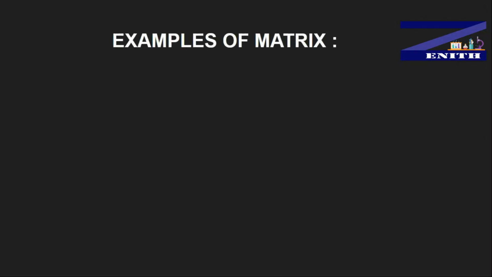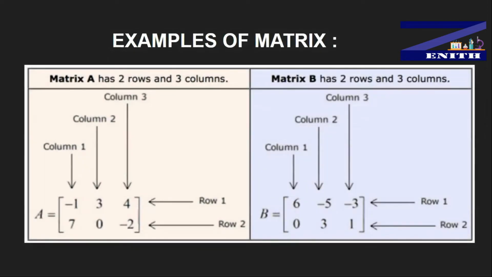Now, an example of a matrix. As you are seeing here, we have two matrices: first matrix A, and after that matrix B. First let's look at matrix A. Some elements are there in the matrix. You should know about just a few things: row and column. The horizontal lines you are seeing here, the first and the second horizontal line, are called rows. You can say this is row 1 and this one is row 2.